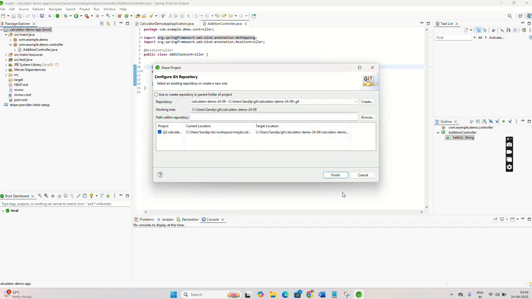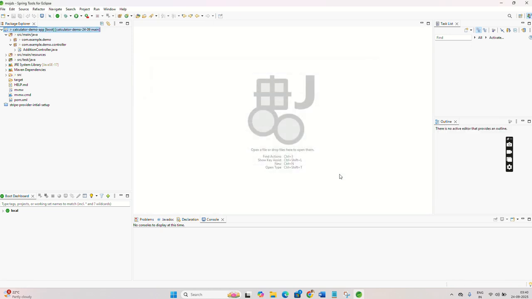Now this will be created on the local repository. This is nothing but a local repository. First of all it will create the local repository. Can you see this question mark here? It is showing that we have created a local Git repository for this project, but you are yet to commit all those changes. So first of all, whatever we do, we will commit all these changes, and to commit all these changes we will use